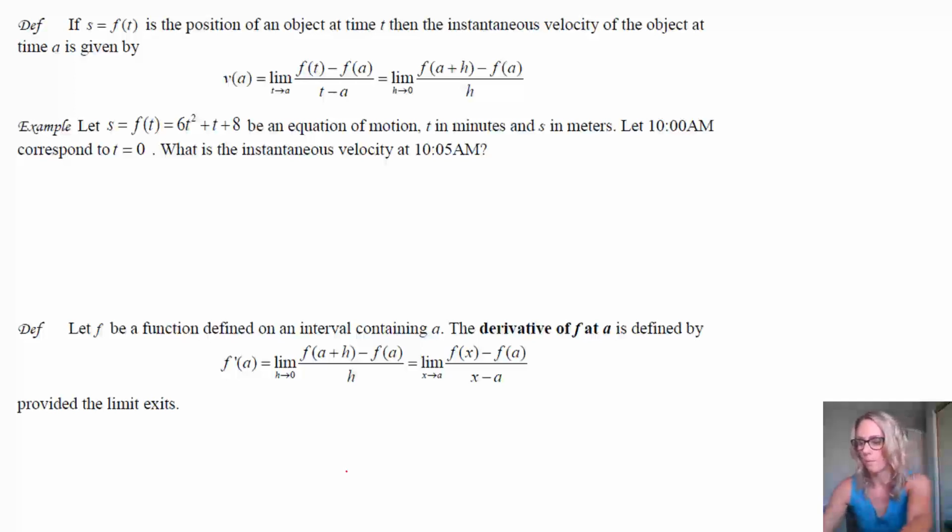Okay, so now, page number 2. We have a position function, s equals f of t. That is the position of an object at time t. So now we're kind of talking about a real world situation here. If we have a position function, then the instantaneous velocity, remember we talked about average velocity in the past, but if we want to talk about instantaneous velocity, we're trying to find the velocity at one point, not over an interval of time. So that instantaneous velocity at time a, as you can see,